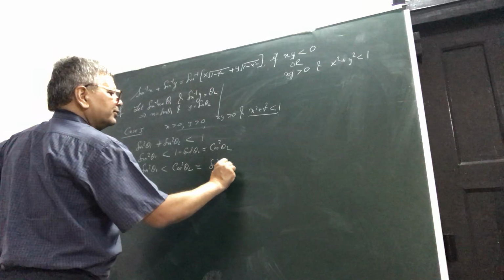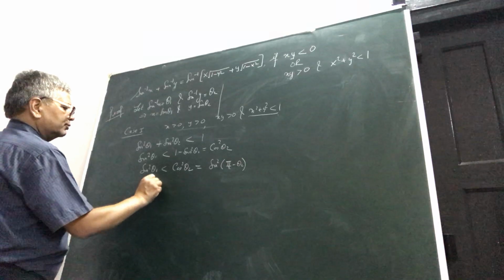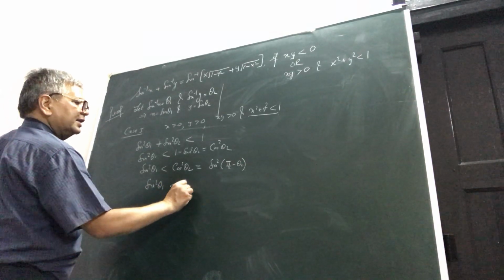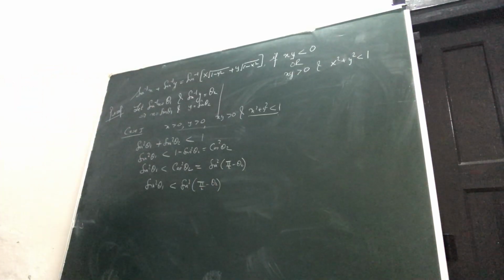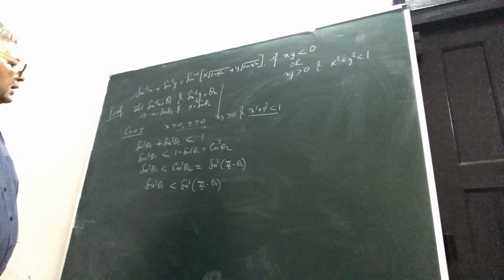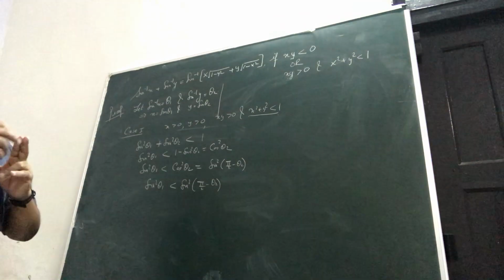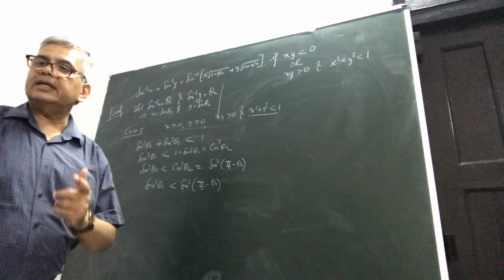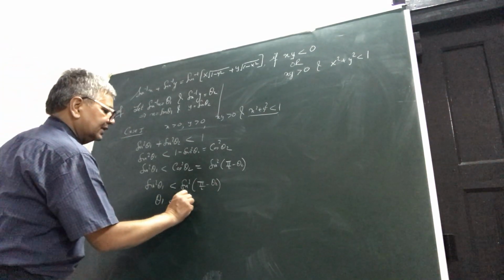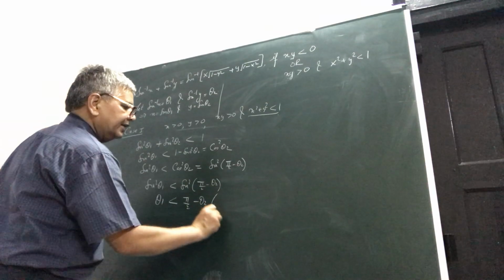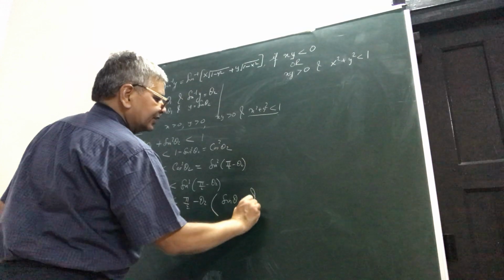Sine square pi by 2 minus theta 2. So effectively what you get is that sine square theta 1 is less than sine square pi by 2 minus theta 2. Now, once you get this result, and then see your knowledge that sine graph is throughout increasing function, just like tan function. So, you can safely write theta 1 is less than pi by 2 minus theta 2, and here you do write that sine theta is increasing function,